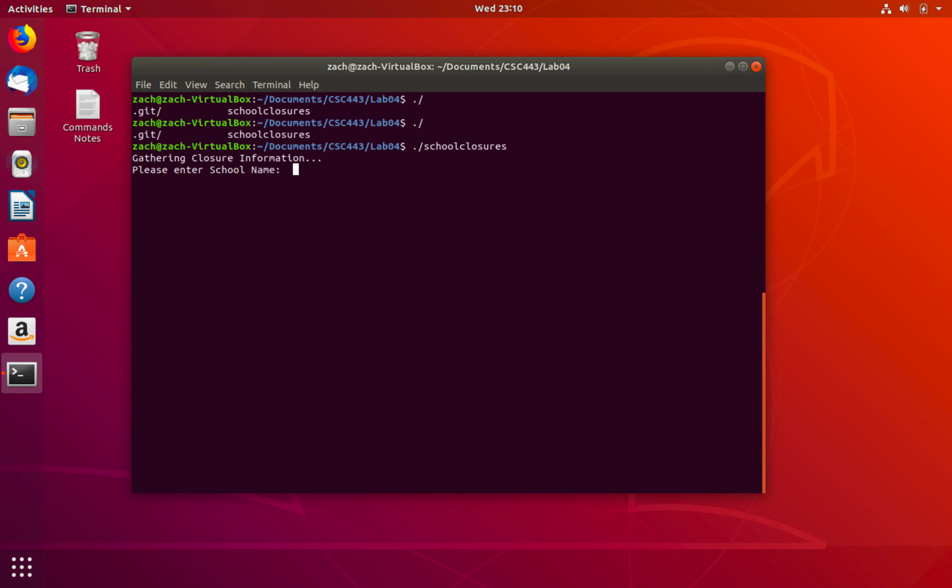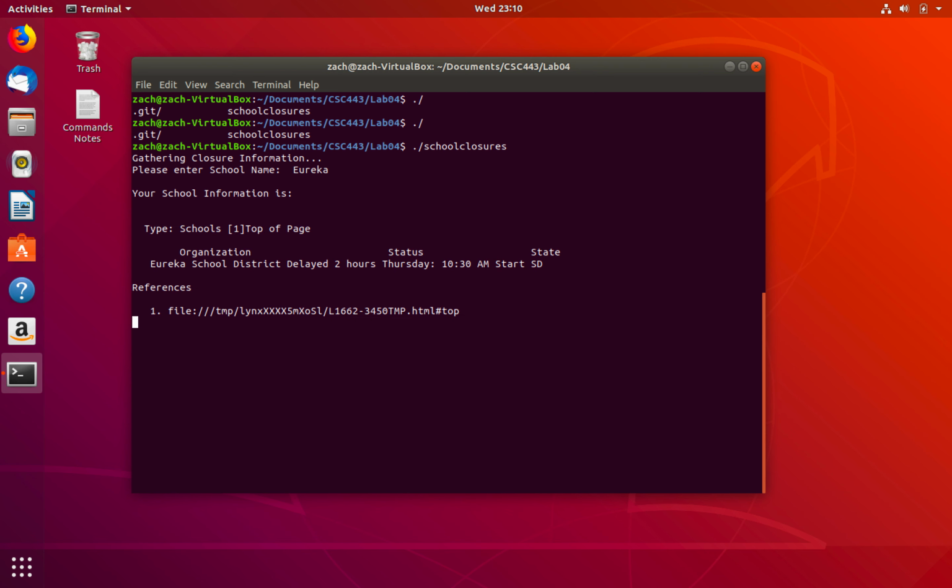So the first thing that it will prompt me to enter here, and the only thing it will prompt me to enter, is a parameter for the school or the town or anything really in the school name as it would appear on a closing. The only one currently is Eureka School District. So if I enter Eureka, I have that parameter